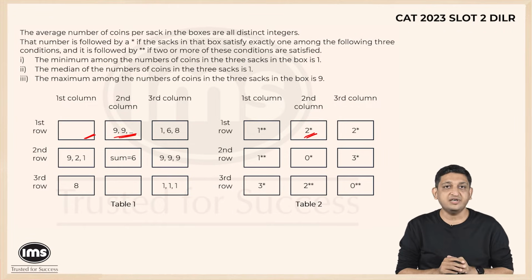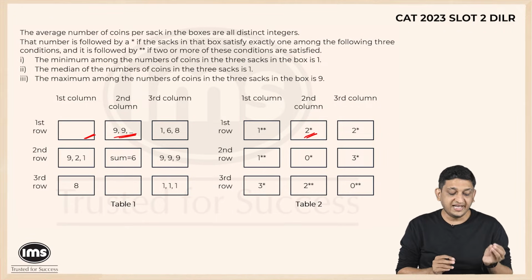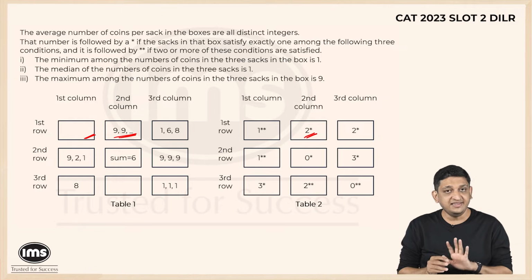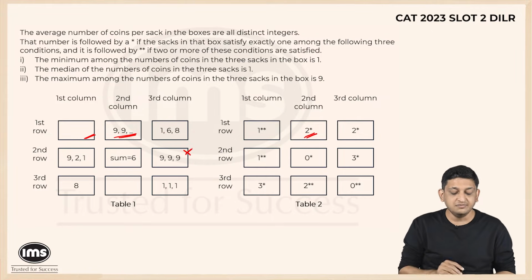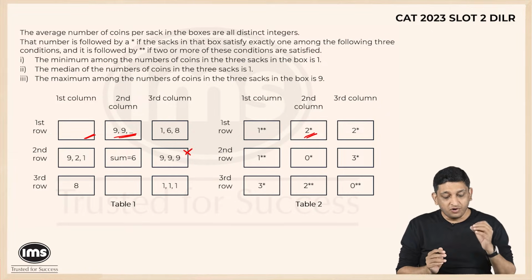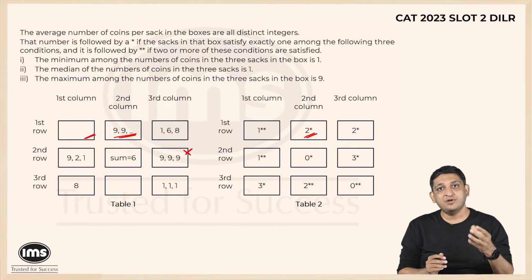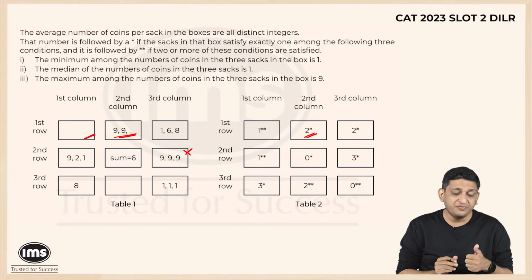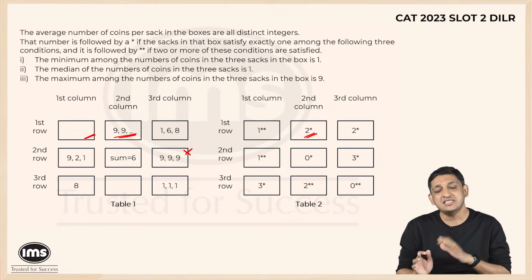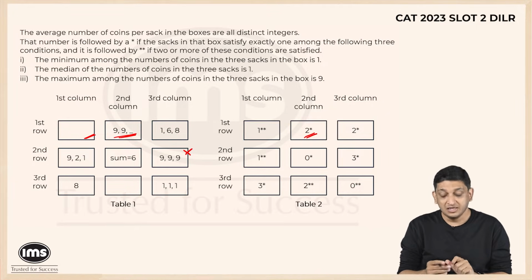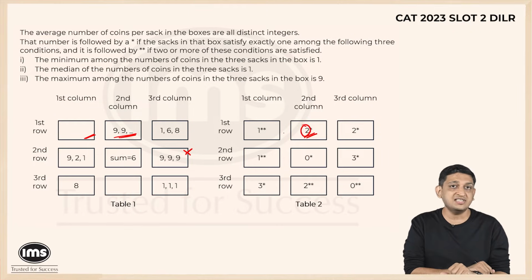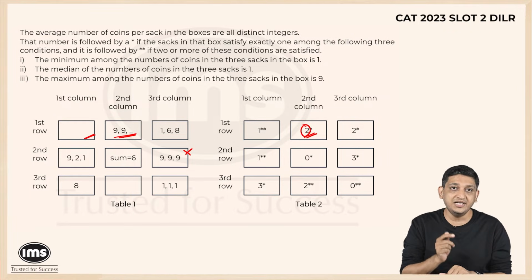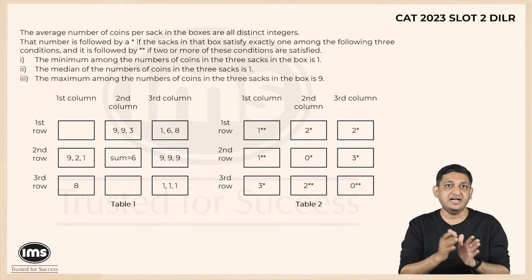Now again think about the context that exists here. If you have 9, 9, dash here, 9, 9, 9 is a possibility that has already been taken. So that is not going to happen. What is the next possibility that will give you a multiple of 3? 9, 9, 6 will give us a multiple of 3. But if the configuration is 9, 9, 6, the problem is all 3 boxes go above 5. But we know that there are exactly 2 boxes that are above 5. And that will tell us that the only configuration possible is 9, 9, 3. And that's why the second column first row will have 9, 9 and 3.